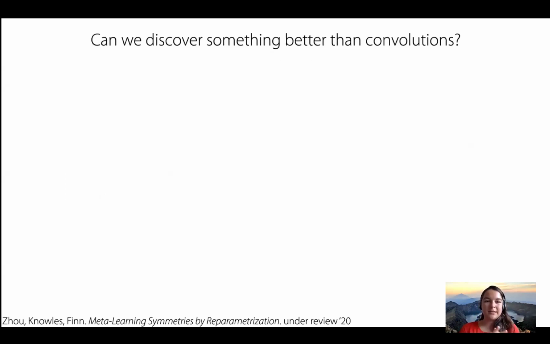The second question we wanted to ask is, can we discover something better than convolutions in situations where our data isn't exactly translationally equivariant? To do this, we generated synthetic data first with partial translation symmetry. In this case, the partial translation symmetry was a locally connected network where there was a large amount of sharing between the filters, but not all of them shared. So we considered either one filter shared across the whole locally connected network, which corresponds to convolution, as well as 2 filters and 5 filters shared across the locally connected network.